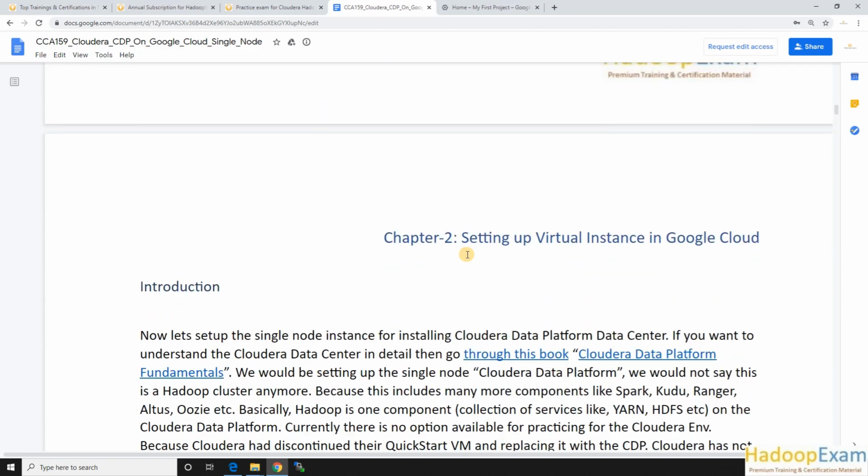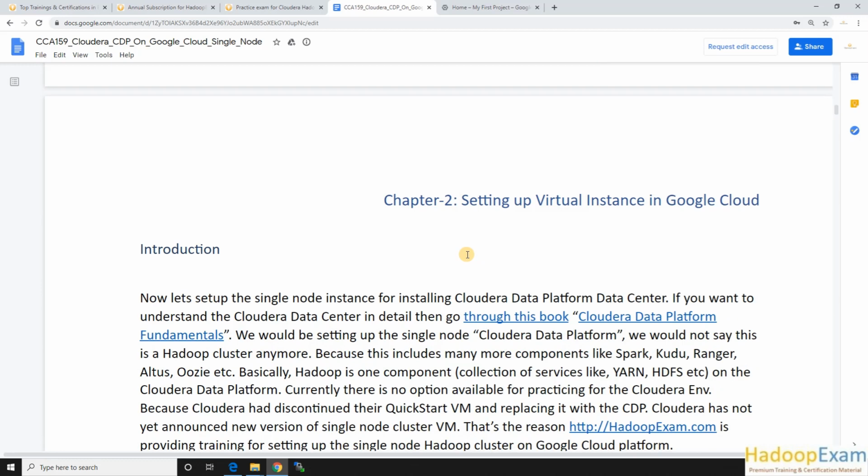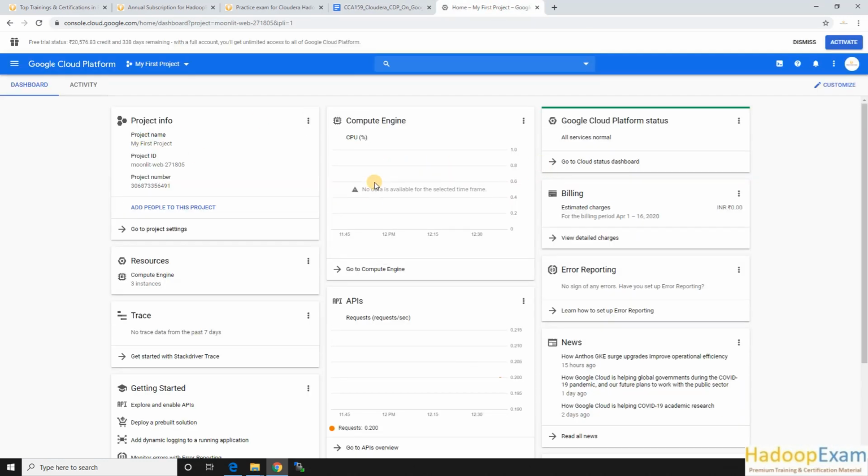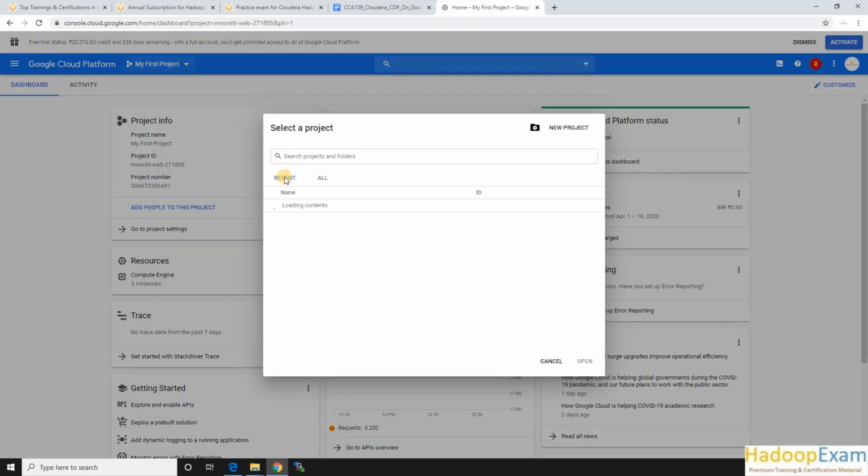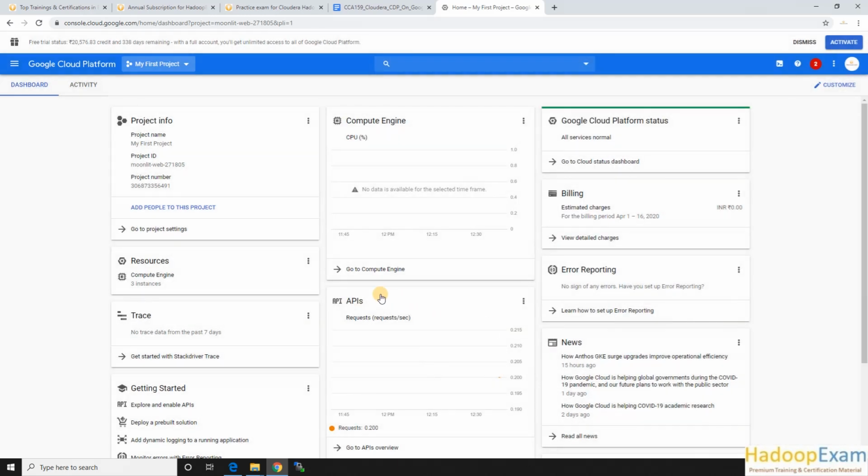Once you are done, then comes setting up the virtual instance in Google Cloud, correct? That's what we would be doing here. Let me go over here, and this is the dashboard you can see on Google Cloud once you set up everything. By default, Google would create one project for you, and the name of the project is generally My First Project. They identify it using an ID, which you need to remember if you are creating multiple projects. Or you can remember the name, or rename it, but you don't need to do this. Let's keep it as simple as possible.